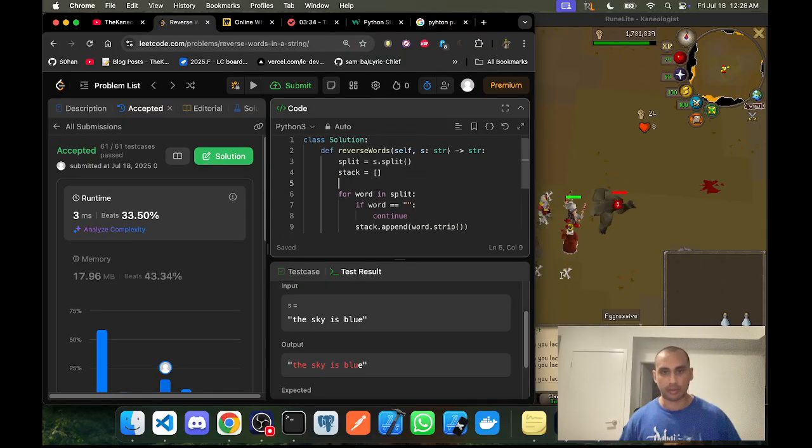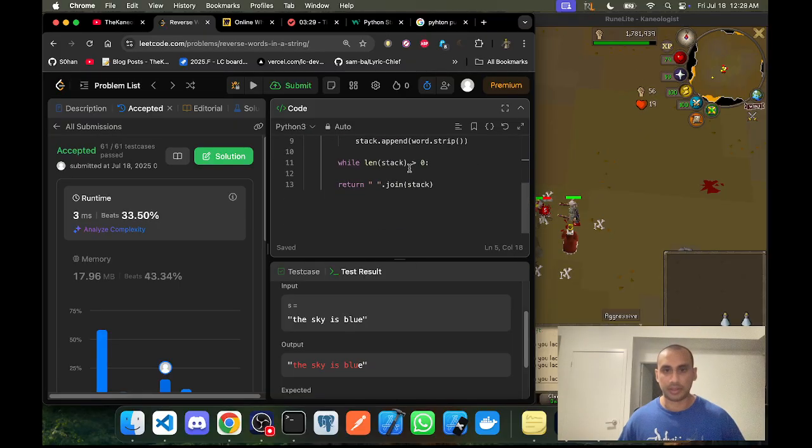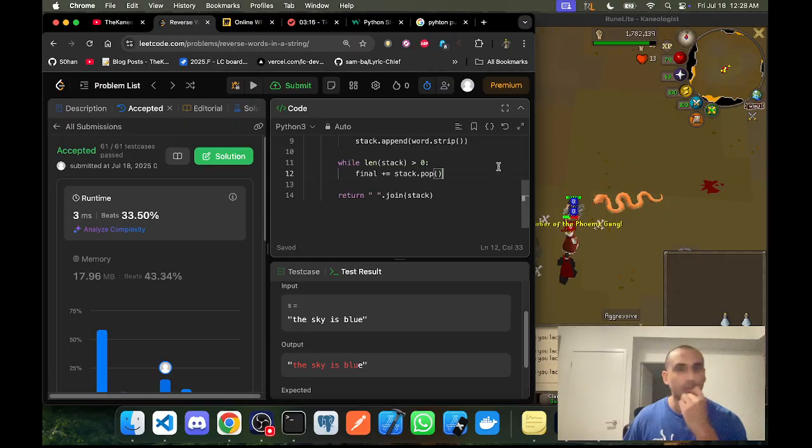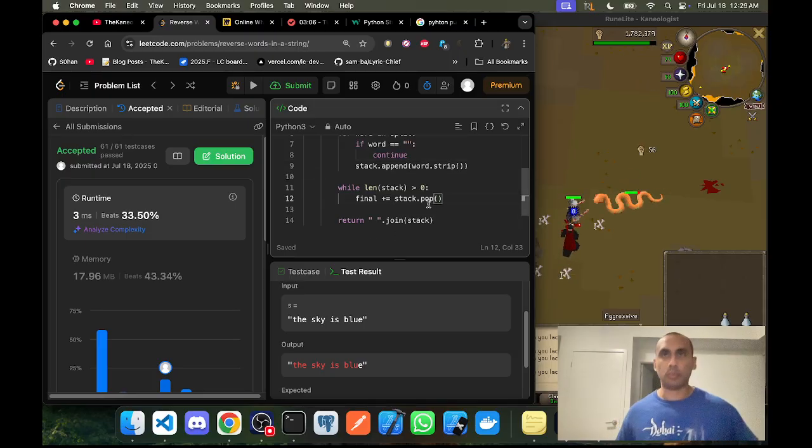And then I can go final empty string, stack dot pop. And then basically, final is stack.pop. So now I pop the word off the stack that's stripped. And then if I pop that word that's stripped, basically what's happening now is